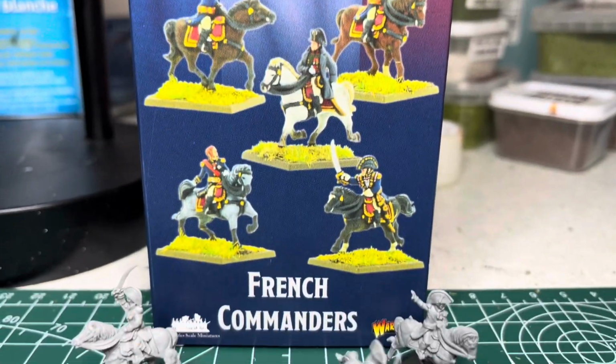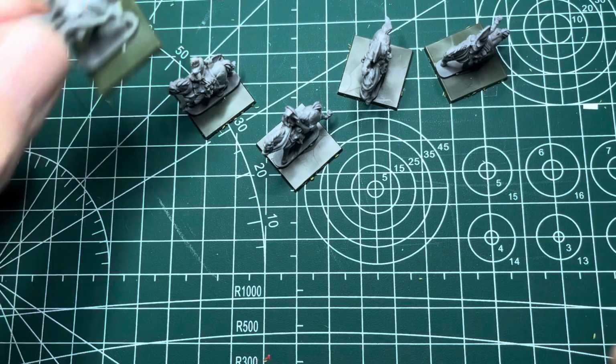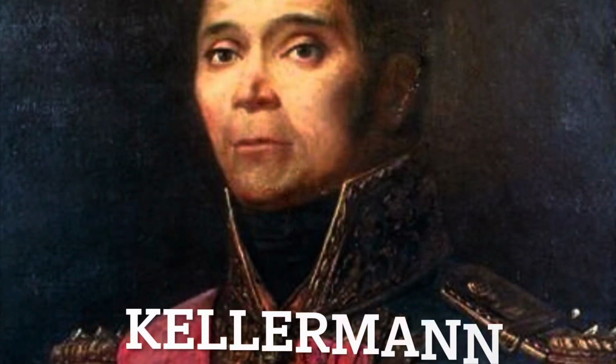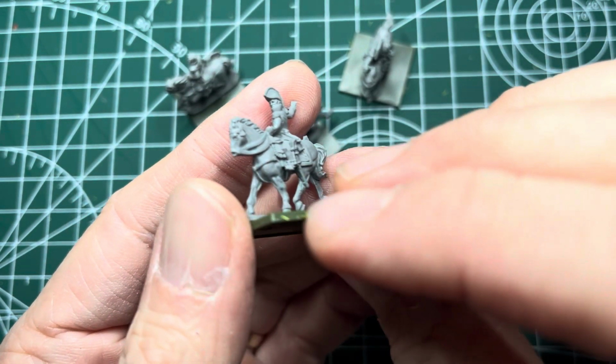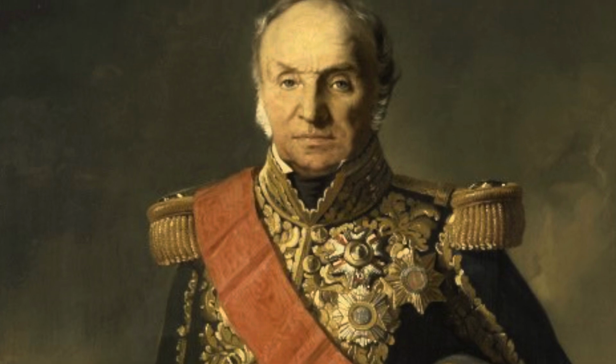In today's video, I'm going to be painting up these French commanders for Waterloo epic battles. I went ahead and cleaned and mounted these onto bases, starting first with François Étienne de Kellermann, who led the cavalry reserves. The box also contains Jean-Baptiste Drouet, Comte d'Erlon, commander of the French First Corps, tasked at Waterloo to attack